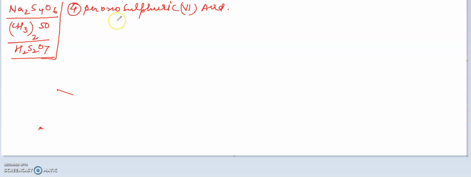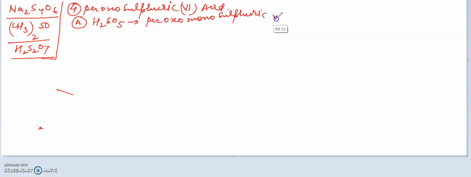There are two types of peroxosulfuric acid. One is peroxomonosulfuric acid, that is H2SO5. Its name is peroxomonosulfuric(VI) acid,